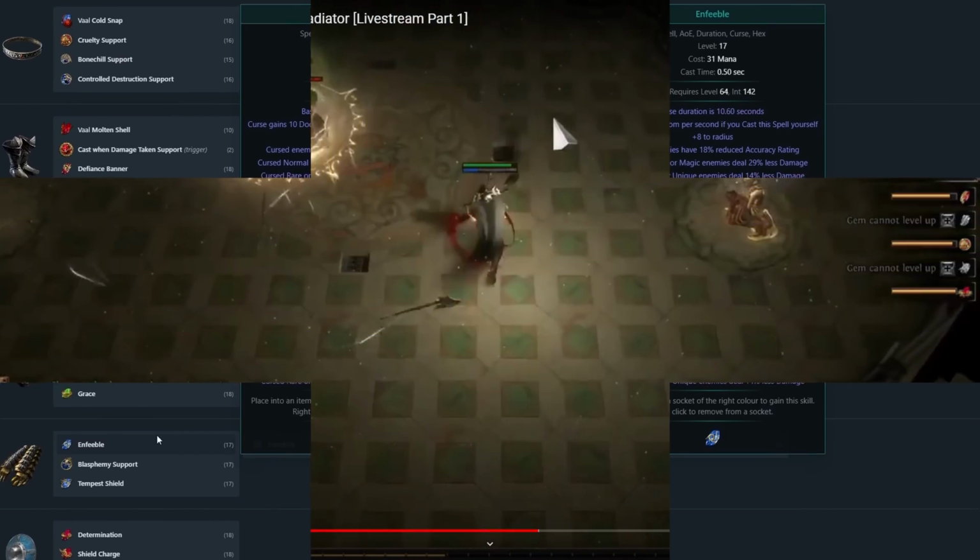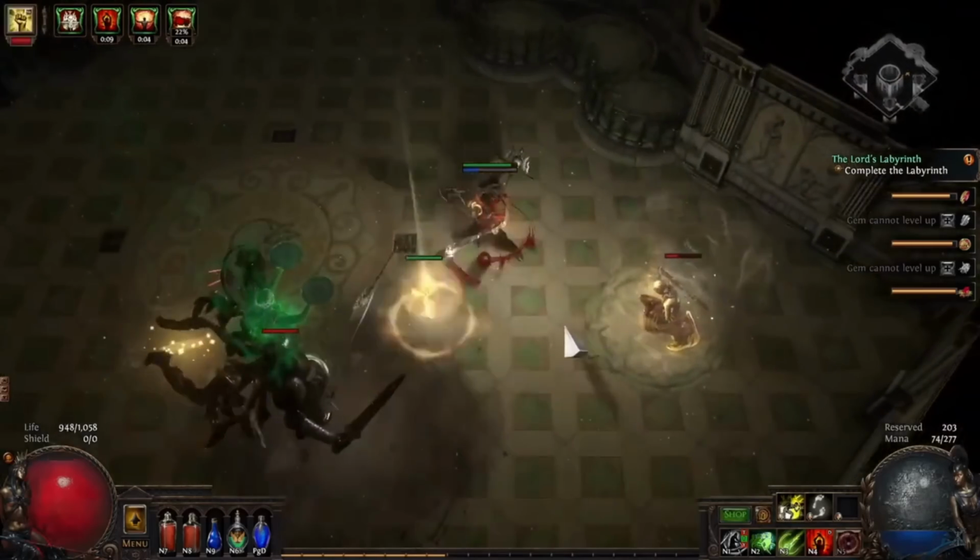Though it's not quite Fortify levels of powerful because even with Curse Effect, it's not going to do very much to unique enemies. Now, there's 2 more builds I'm going to look at and kind of go over,